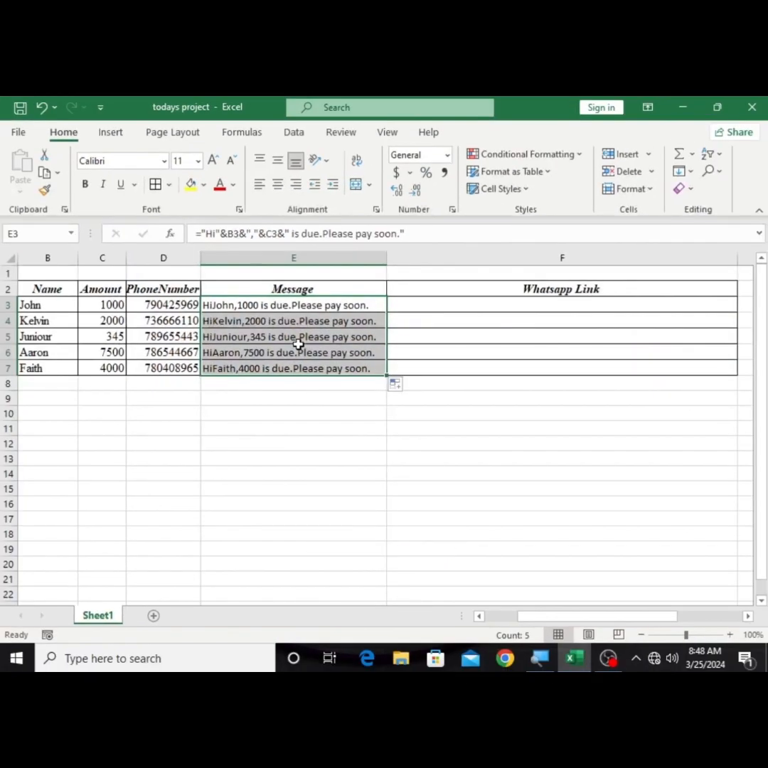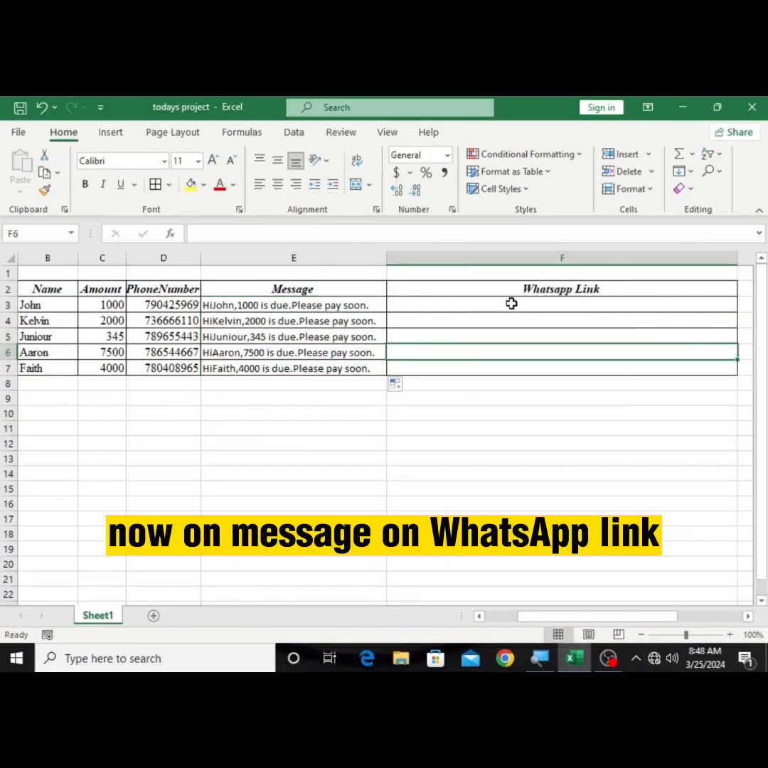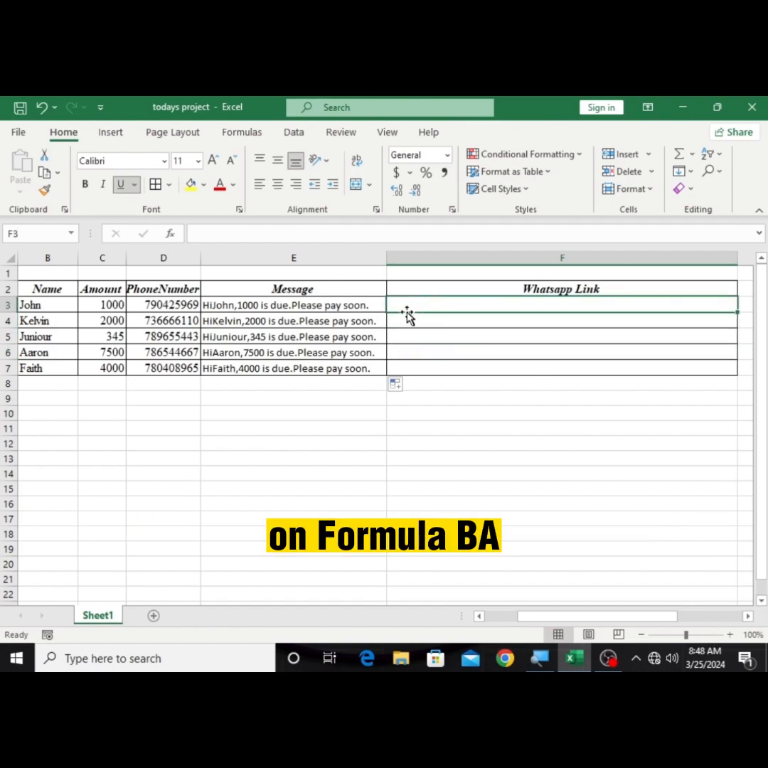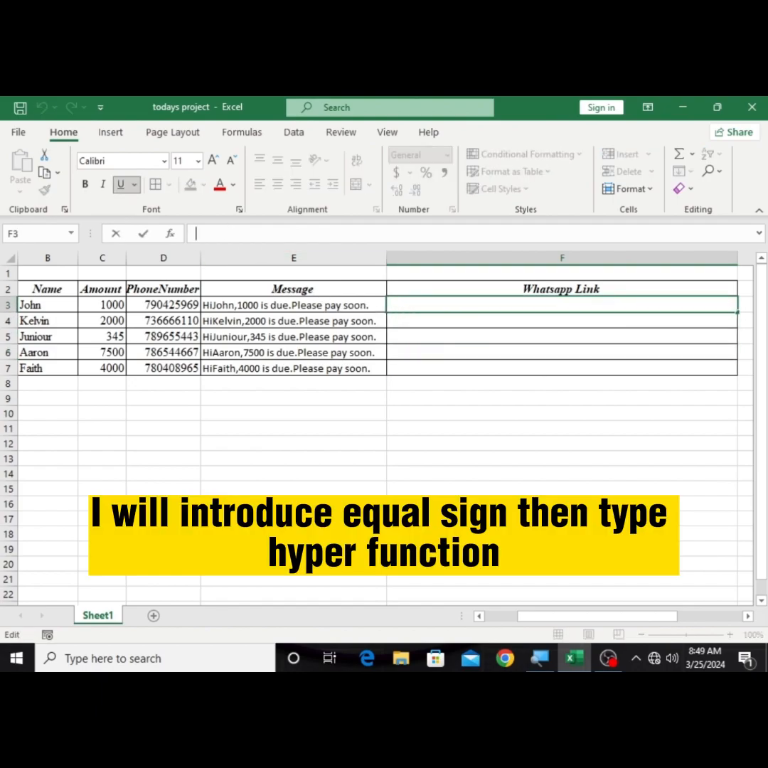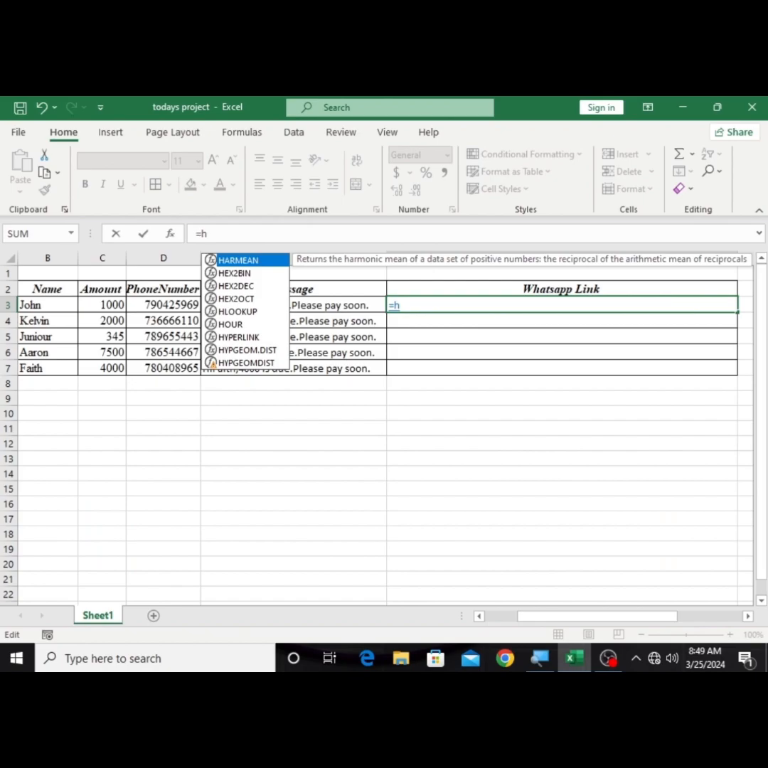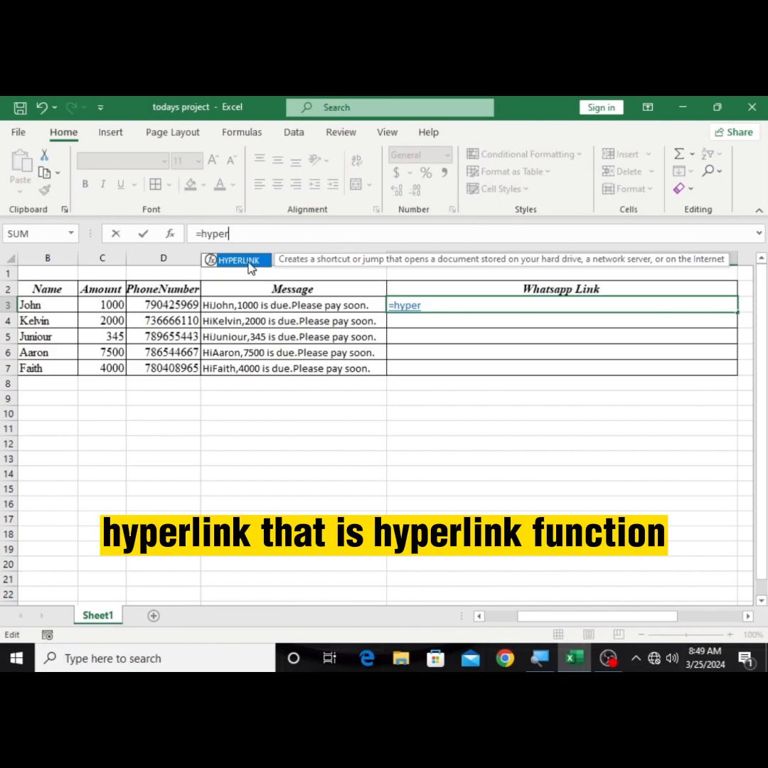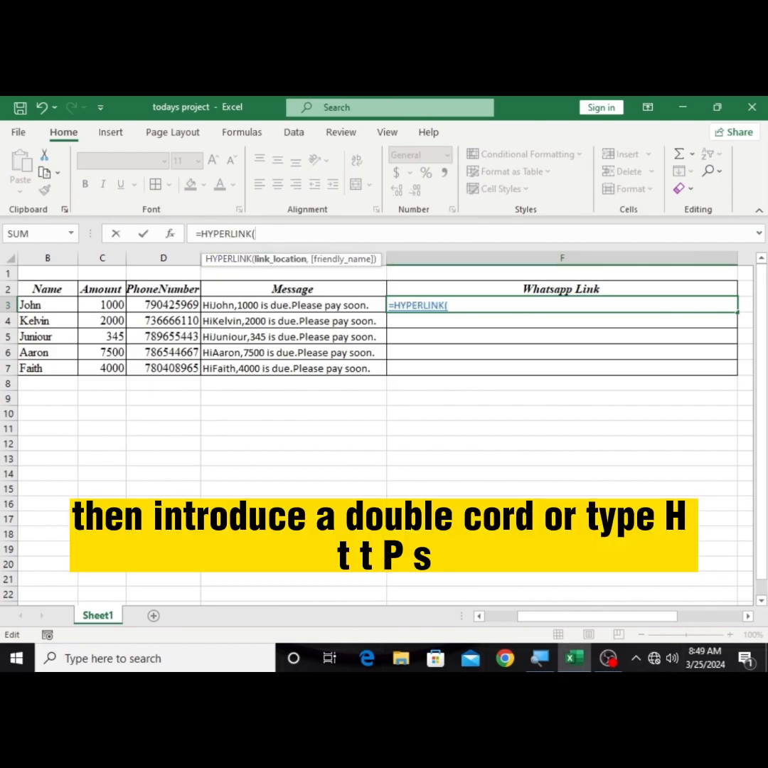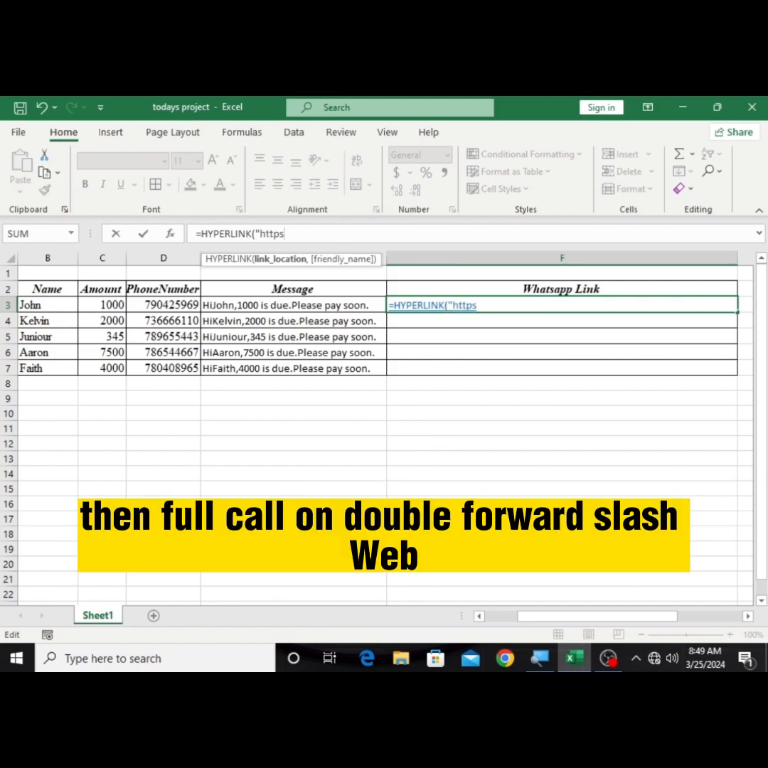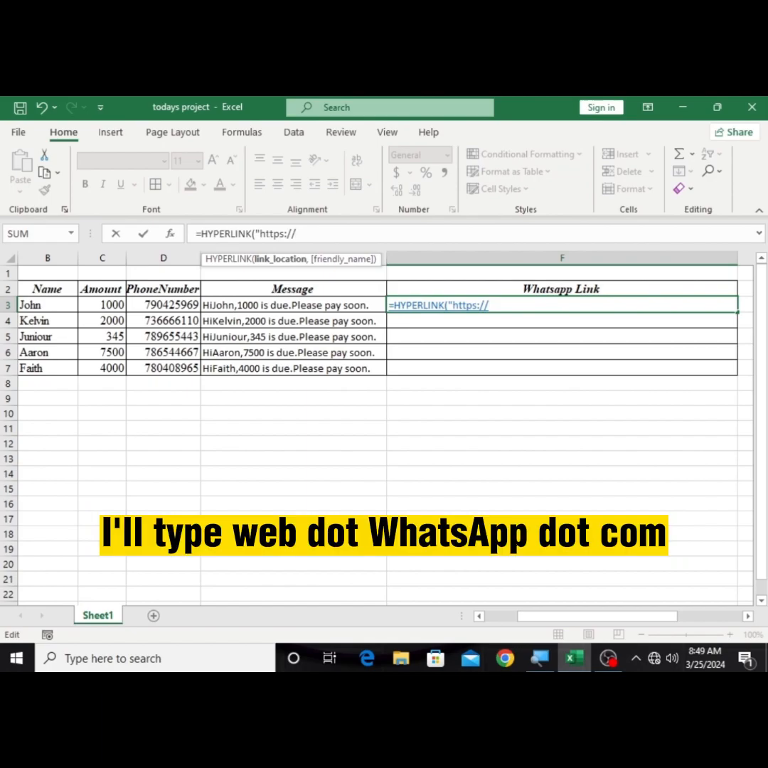Like that. Now for the WhatsApp link, I will also have to type the following in the formula bar. I will introduce equal sign, then type the HYPERLINK function, then introduce a double quote. I'll type HTTPS, then colon, double forward slash, web.whatsapp.com,